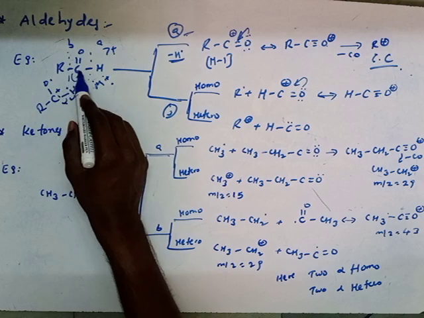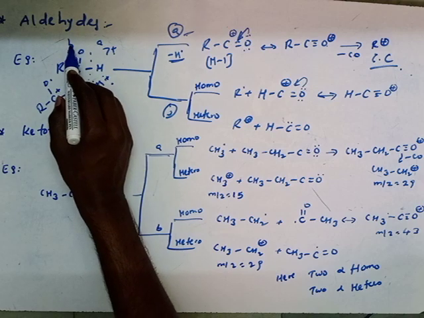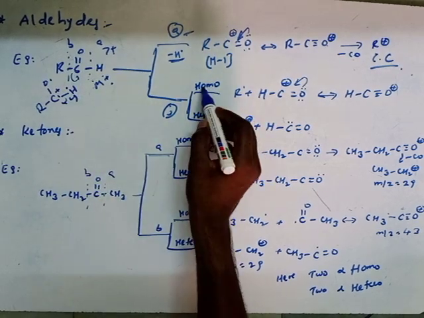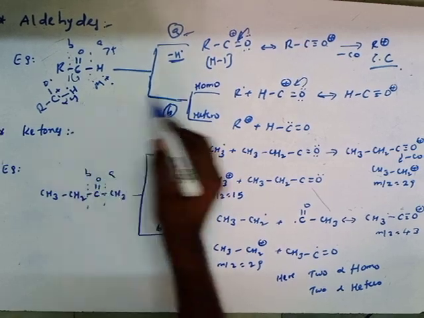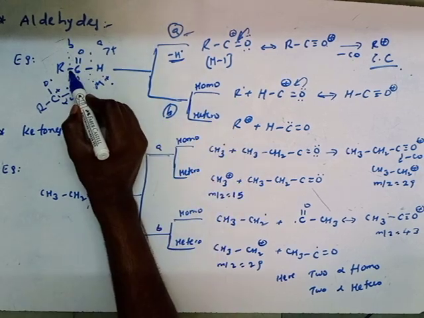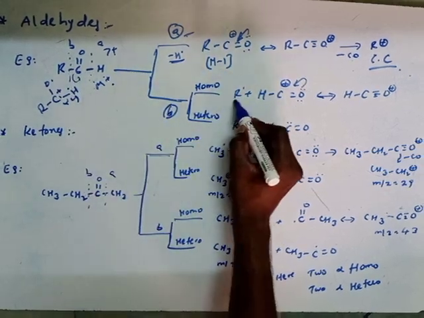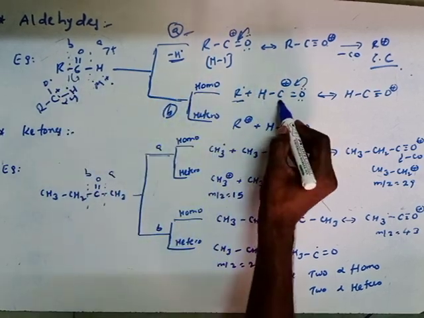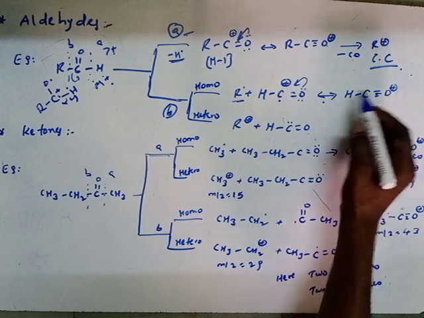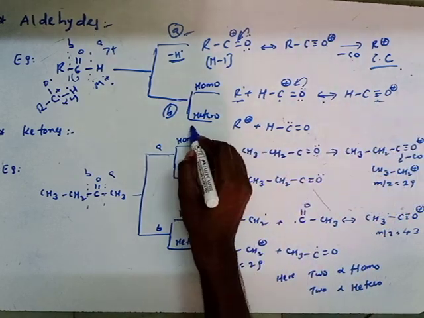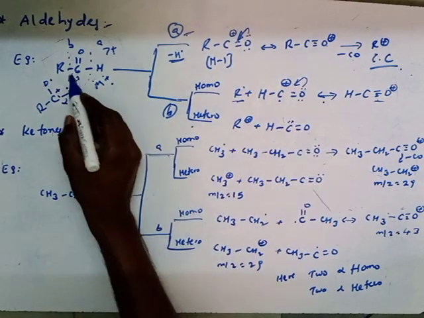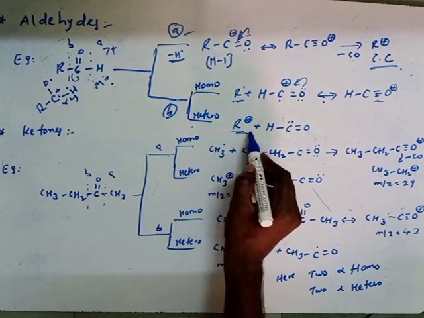Now we are discussing cleavage of B type. Cleavage of B type will undergo homolytic and heterolytic. This is B type. In the same way, if it undergoes homolytic cleavage, the R radical will be removed, and a cation forms here. It undergoes resonance. It will be like this, okay? And in heterolysis, both the electrons move to carbon, so here both the electrons will be present, and with loss of electrons, it will be a positive charge.